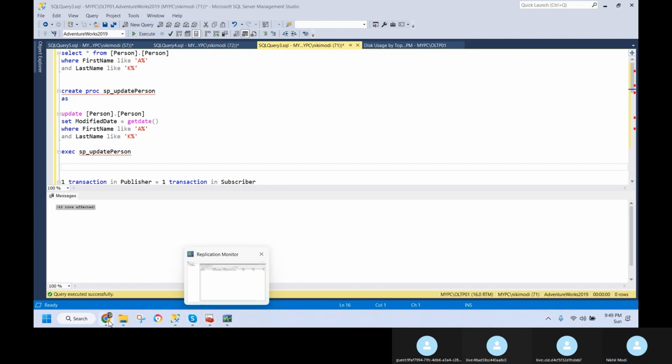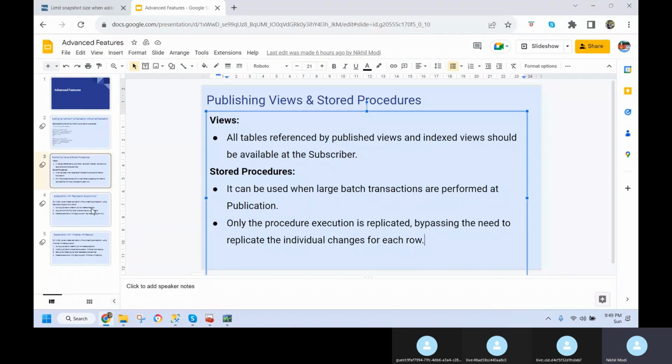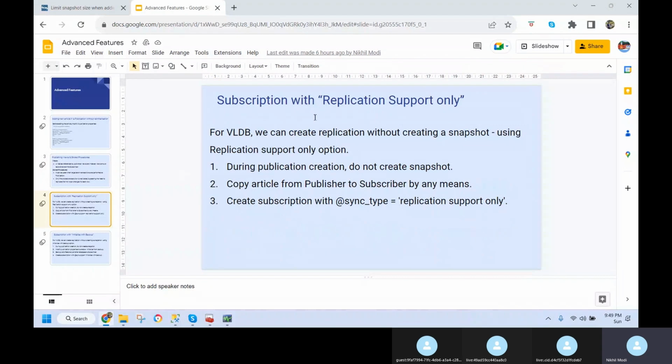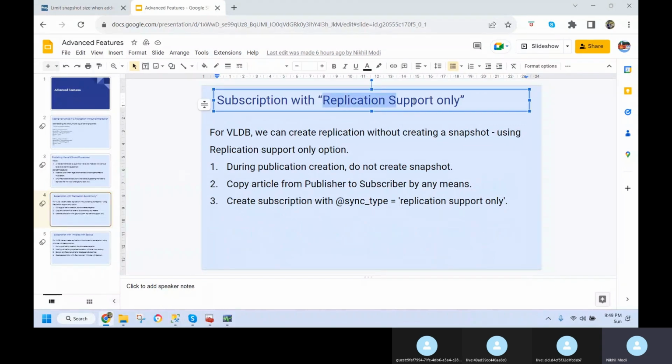Then subscription with replication support only. Okay, now this is very important when you're doing a migration. Okay, so I think someone was asking how do we do the migration and so on. So one of the options that you can do is this option. Now how do you do it? Okay, so basically